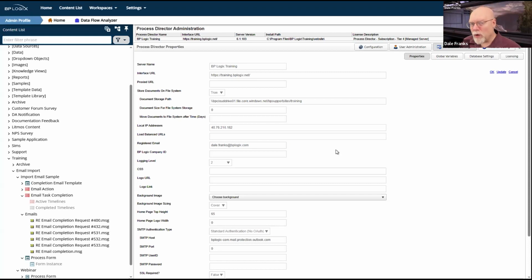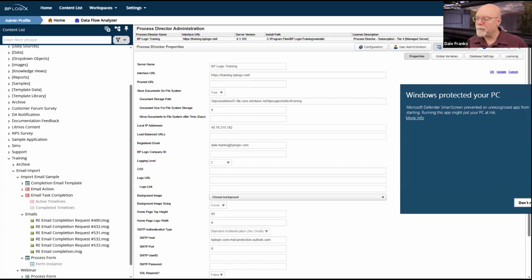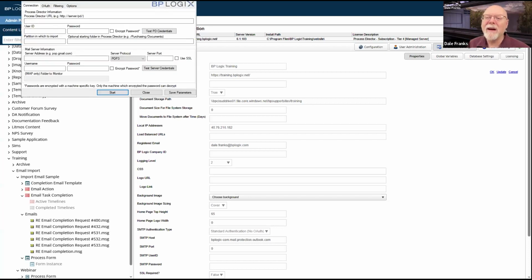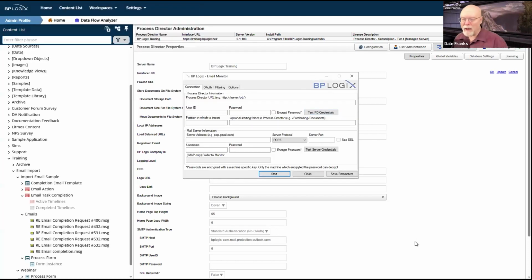We are going to need to use a real email address, which means that we are going to have to put an email address on our email data control on our email template that is going to actually be a real email inbox. And the reason is that under normal circumstances, what we're going to do is we are going to pop open BP email import. Oh, what Windows really hates self-signed applications. Oh, I had it and then missed it. So there we go. This is BP email import.